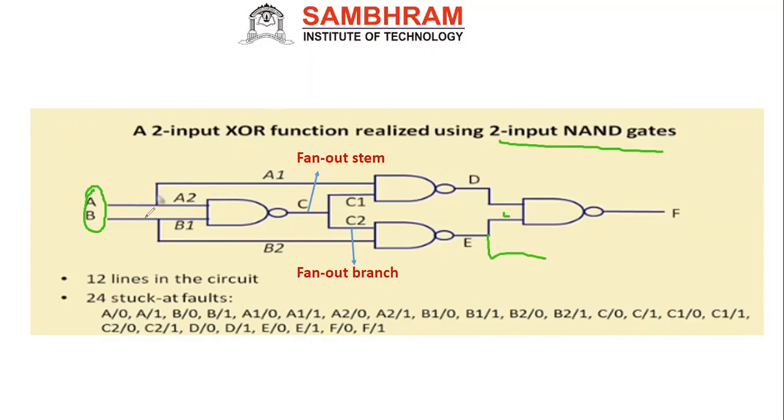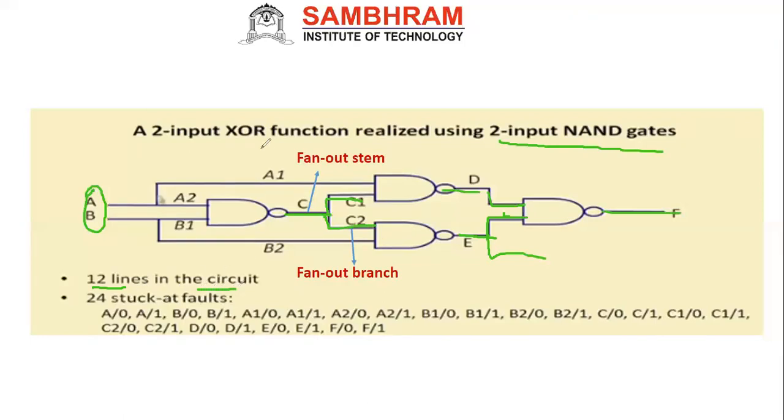We see this is 1 line, 2, 3, this is 4, then this is 5th, this is 6, this is 7, 8, 9, 10, 11, 12. Totally 12 lines in this circuit. You can count the variables better: 1, 2, 3, 4, 5, 6, 7, 8, 9, 10, 11, 12. You count the variables, you get 12 lines. You have to include this also. Okay, that is 12 lines in the circuit.